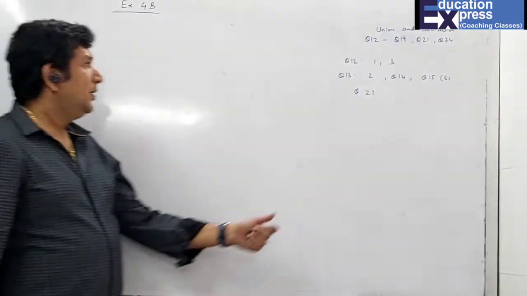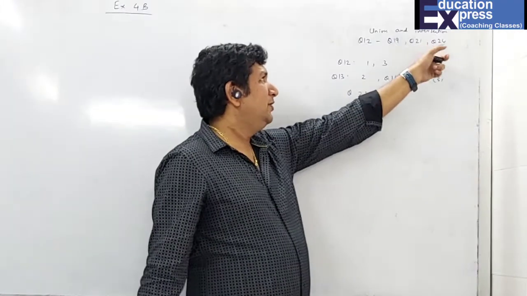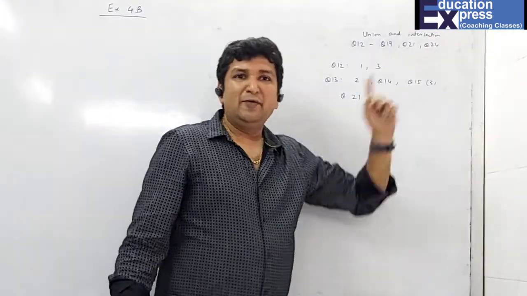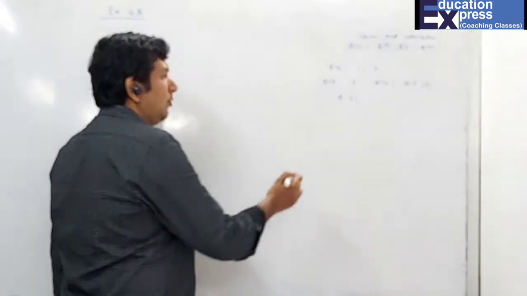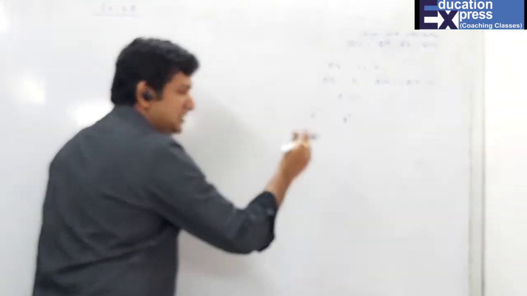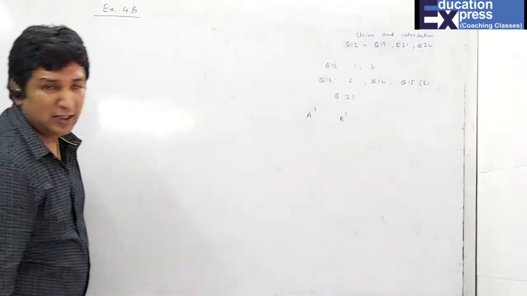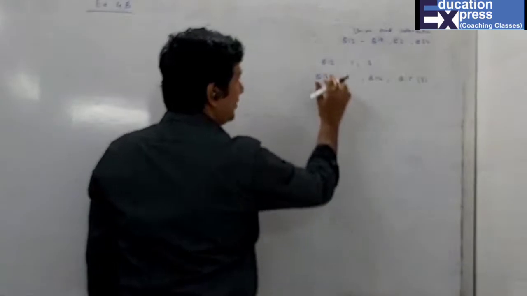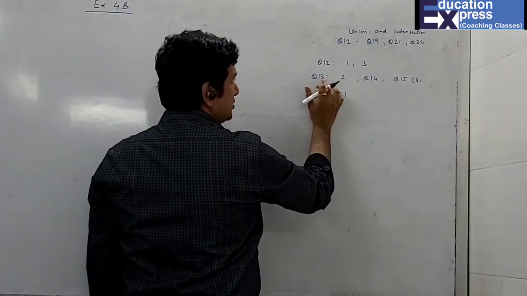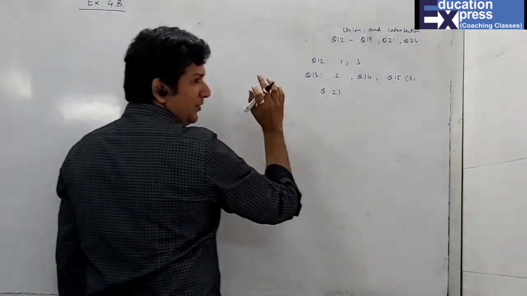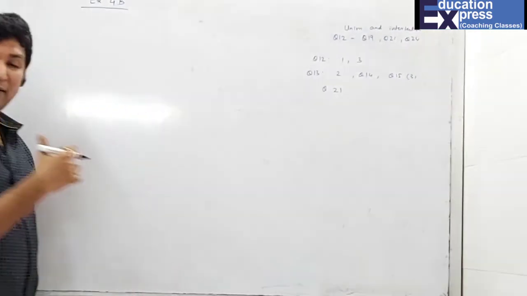So questions number 12 to 19, 21, 24, all of the same type. In these questions, whenever you see something like complement, A complement, B complement, these sums you don't have to do because they are not in your syllabus. So now, considering all these sums, I will be doing question number 12 first and third part, question 13 second part, question 14, 15 third part, and 21, and I'll complete the chapter.